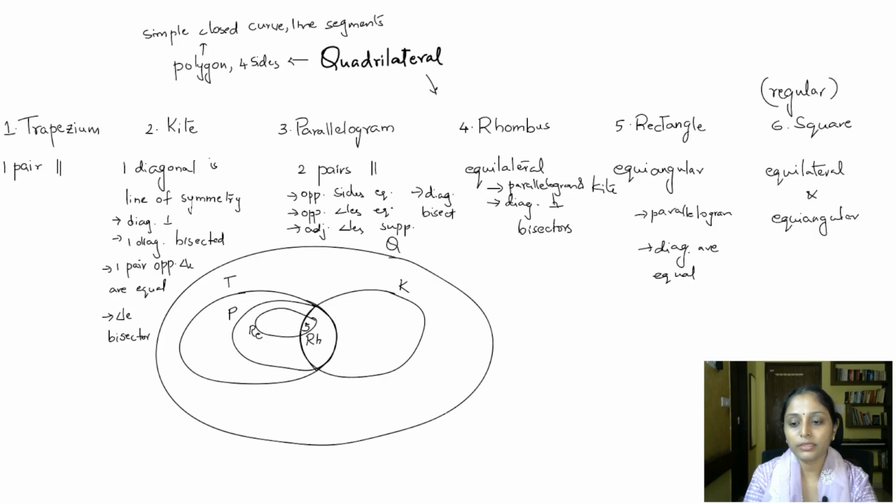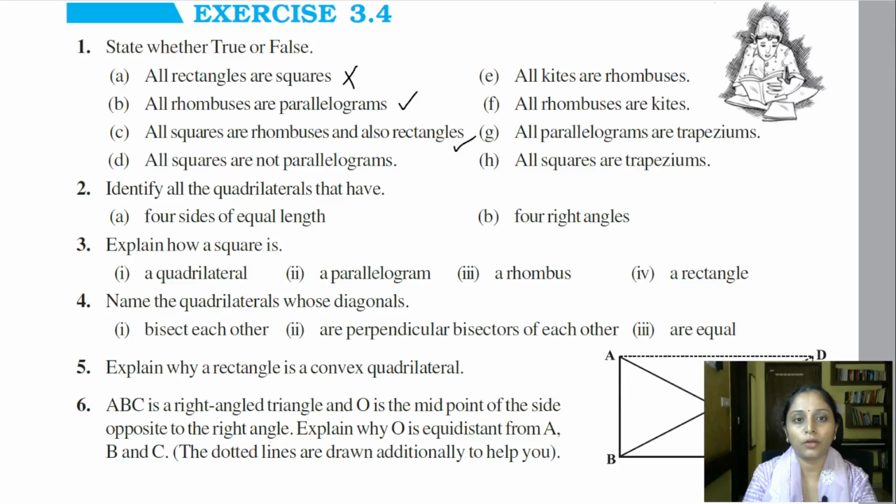If you look at this, these are your squares, right? Now all these are rhombus, okay, that is, they're equilateral, as well as rectangles. So this is the overlap of rectangles and rhombus here, right? So therefore this statement is true, that all squares are rhombus as well as rectangles. Okay, next,